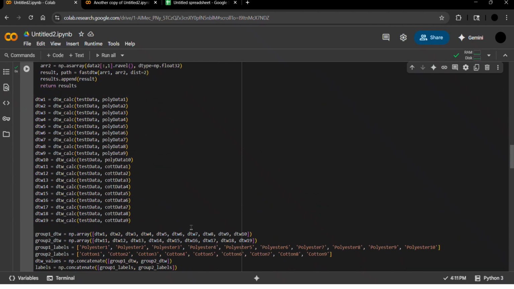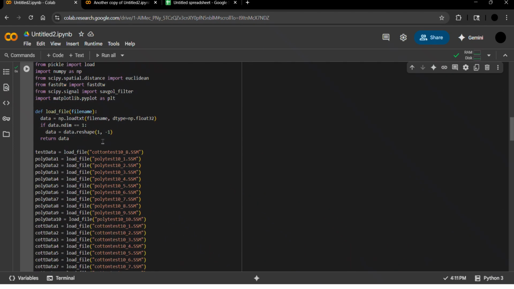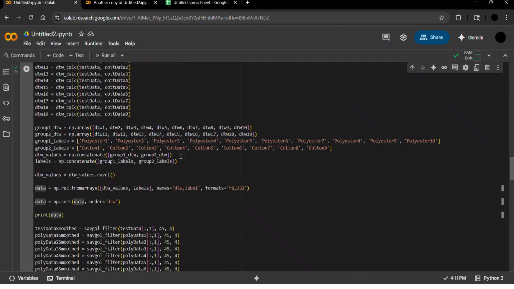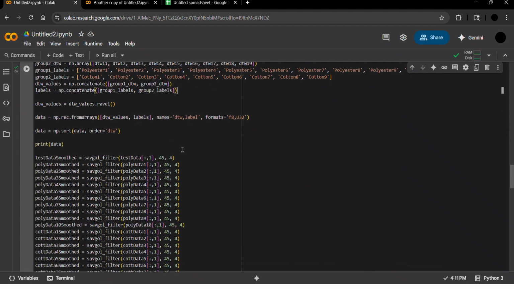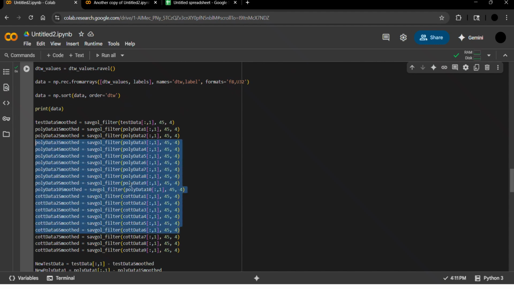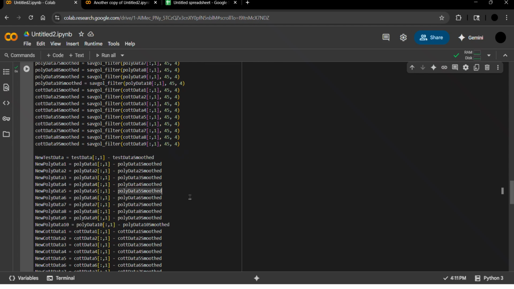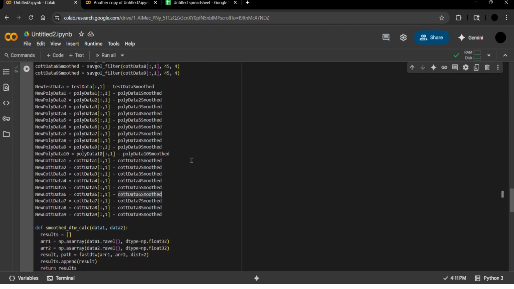This is the dynamic time warping function call, which you can see here, which will return each similarity score. Here we have the labels for each trial applied, so you can see at the end which similarity score belongs to which. Here is the beginning of the noise filtering, in which a Savitsky-Golay filter is applied for each to create a baseline of noise and fluorescence, which is then subtracted from the data at each trial, which you can